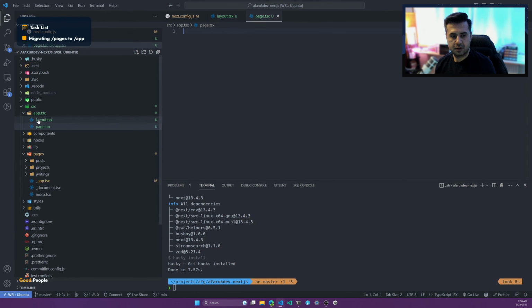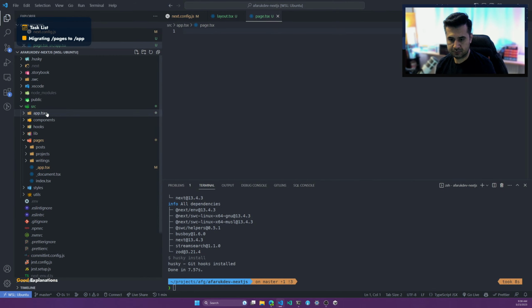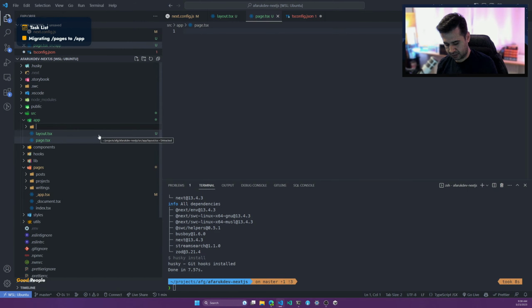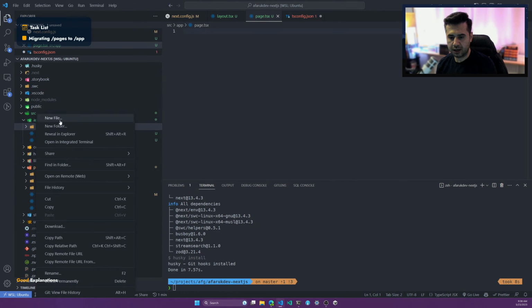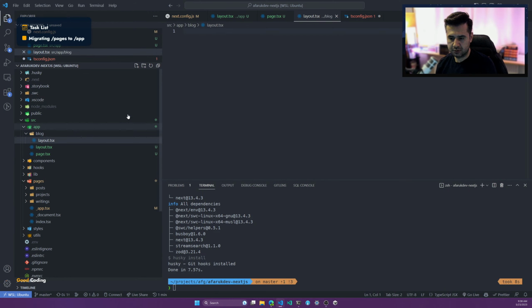So with the app router, every folder, so let's say I made some mistake here. This is the app directory, and under the app folder we have layout and page files. So this is how the app router works. If you have a folder here, let's say blog, now this means /blog in the website, and under here you can have layout and